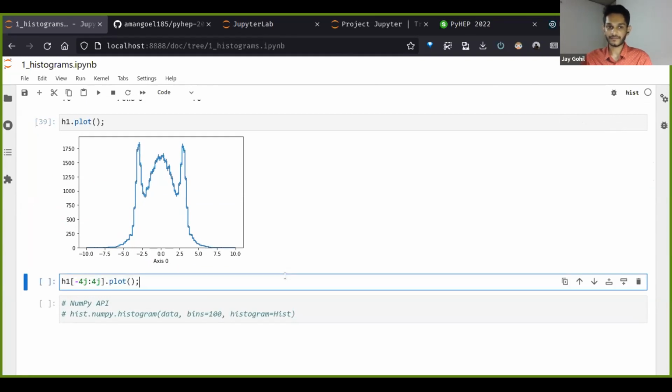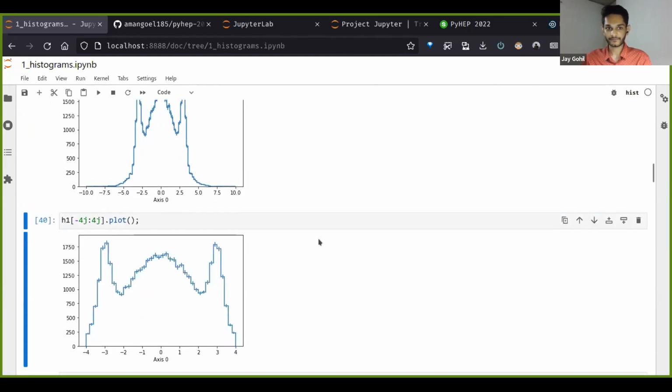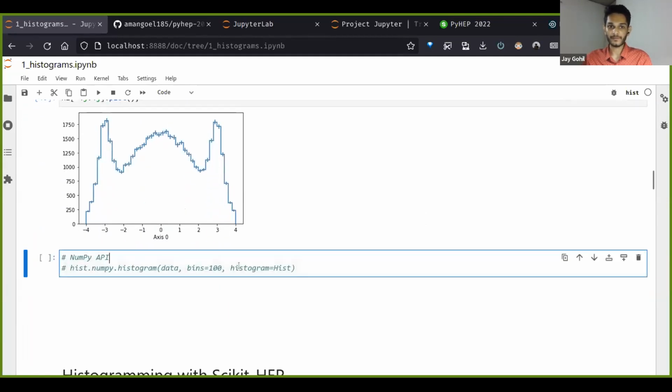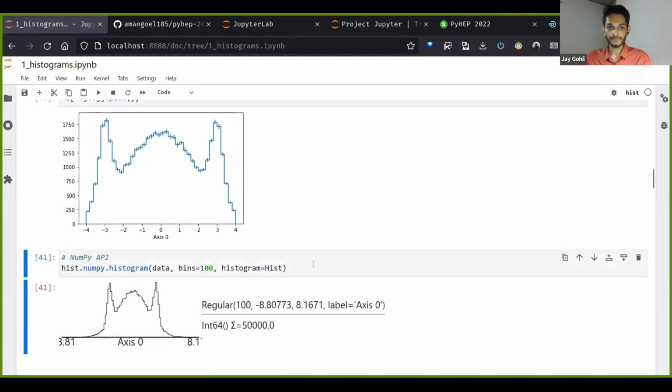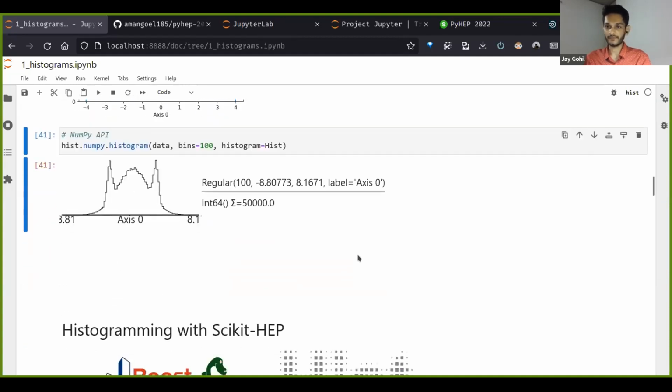And we can also slice that. So if you want to see slice, and we can transform it. So that's what we have here. And then there's also a NumPy API. If you can uncomment that, yeah. And then this is what we get. So this is how you create